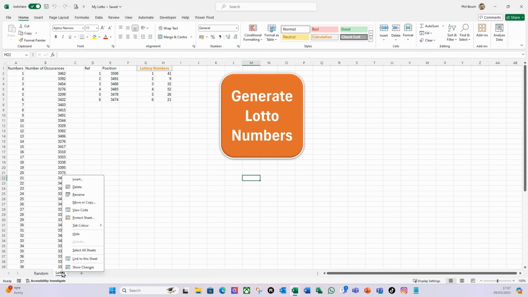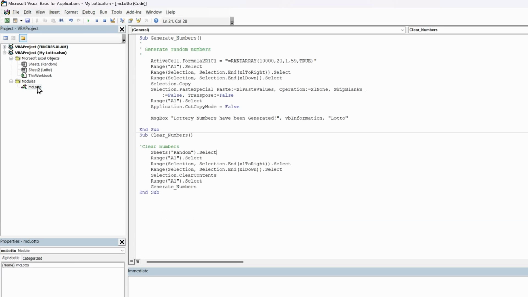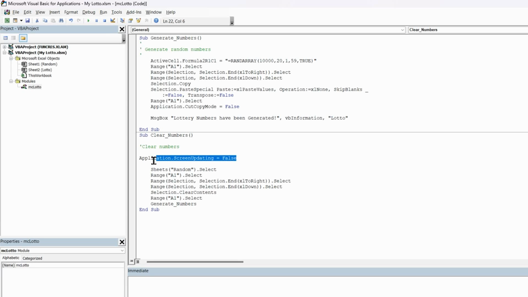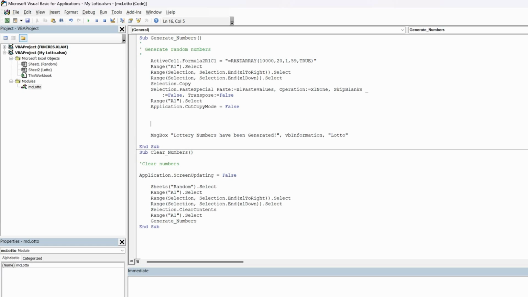So right click on this tab, view code, double click on the module there, and so what I want to do here is I'm going to set, first of all, Application.ScreenUpdating = False. That stops the screen changing like so. I'm going to copy that, do Ctrl+C, and just before the message box comes up, I'm going to do